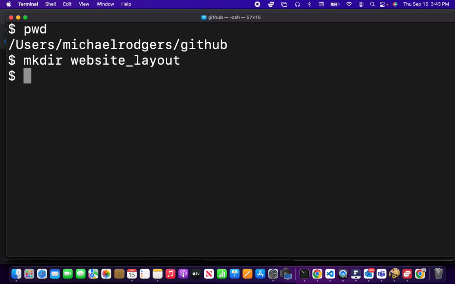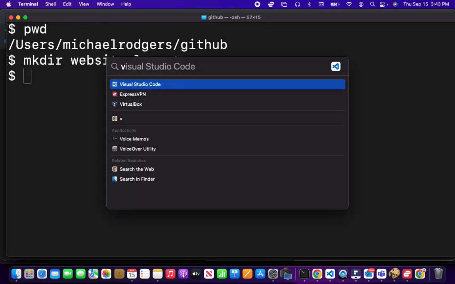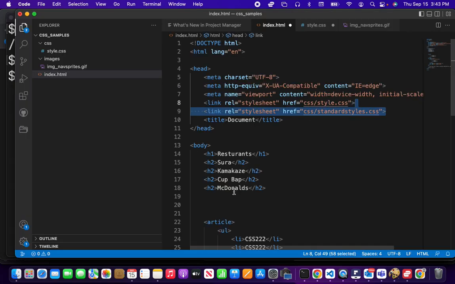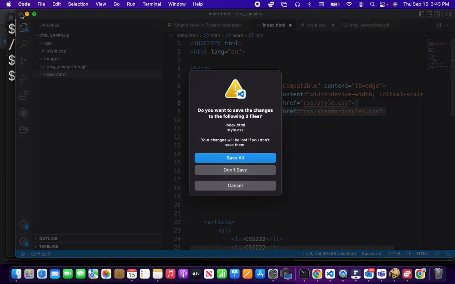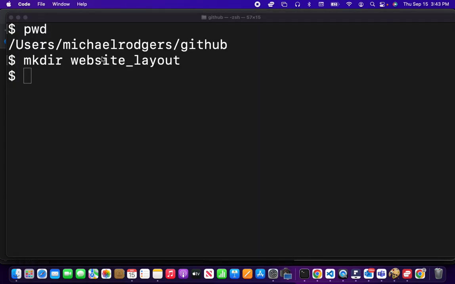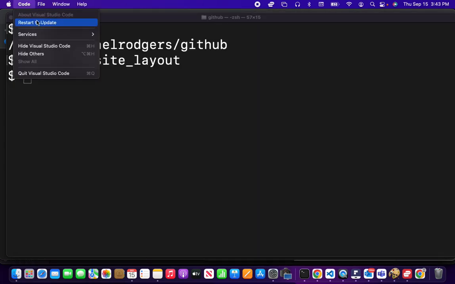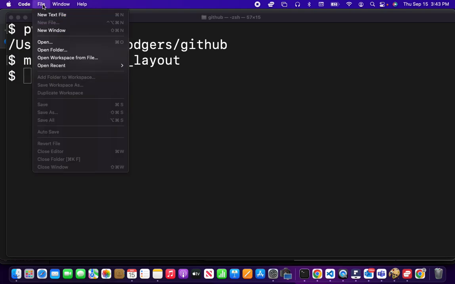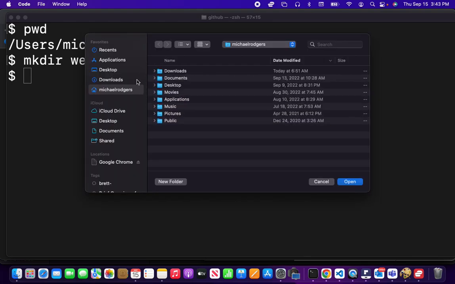Once you've done that, I want you to open up VS Code. And let me close that first, save all that. Go up to VS Code. Oh, I have an update. Well, I don't really care. I'm going to open a folder. Let's see, go into